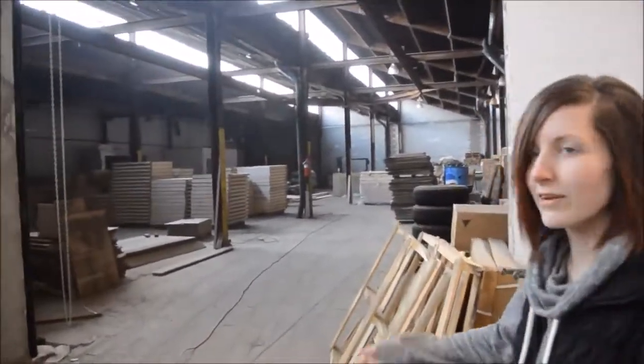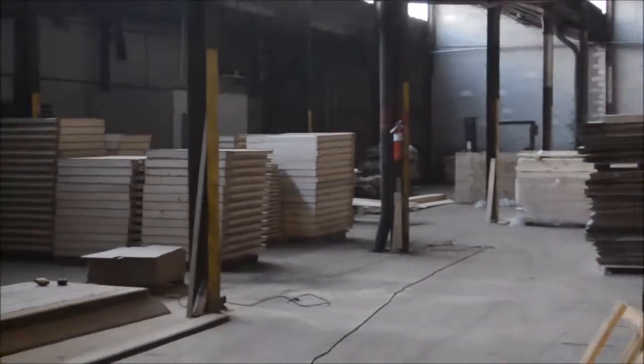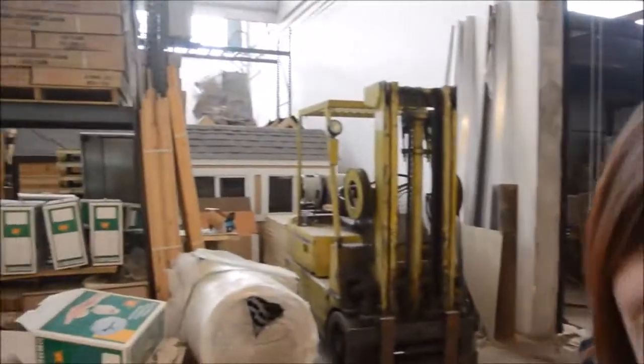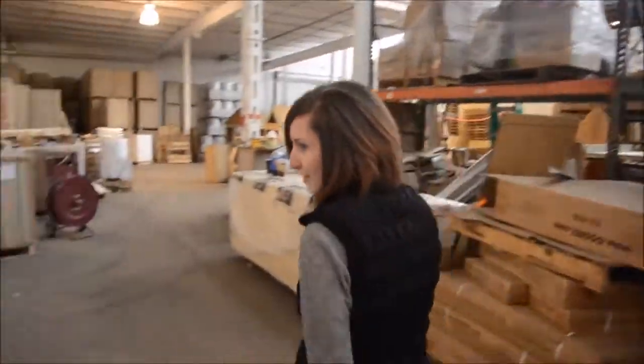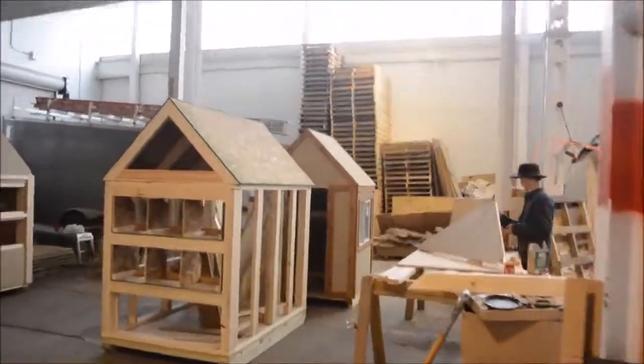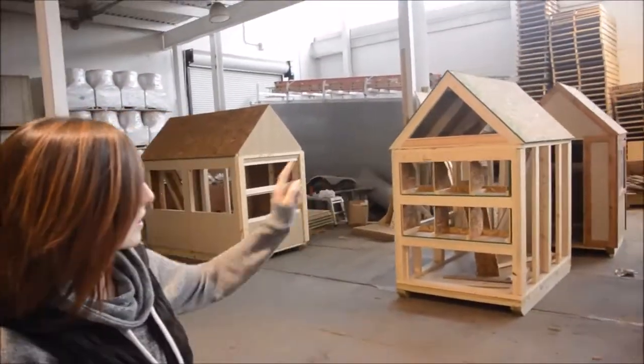As you can see, here are all the materials for the custom coops, and they're basically being built now. The Amish are working really hard on getting everything done for the spring season. And then here are some examples. Here's a bigger coop, a medium-sized coop, and then there's...